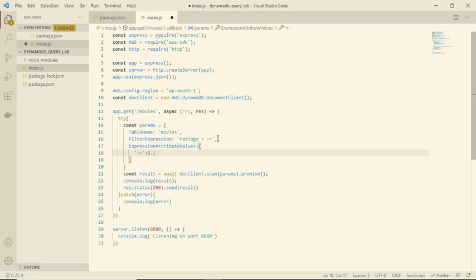Suppose it is 8.1. Let's check for any spelling mistakes. Okay, it is correct. So it should return all the movies whose ratings are greater than 8.1.